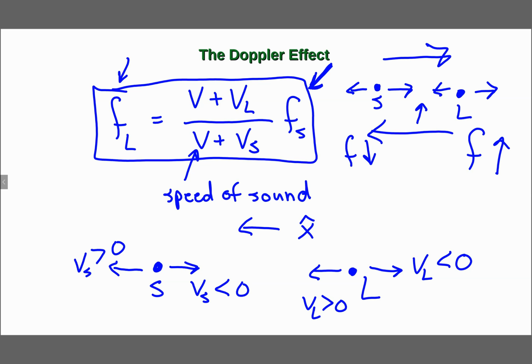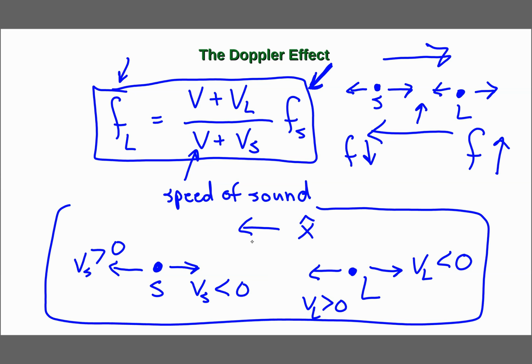So this down here is what you want to picture when you're doing your pluses and minuses. But then when you get your answer, you can always look at your answer and tell immediately if you messed up a plus or minus, because if you mess up the pluses and minuses, usually what happens is that your frequency either doesn't go up when it should have or doesn't go down when it should have. Okay? And this formula describes why